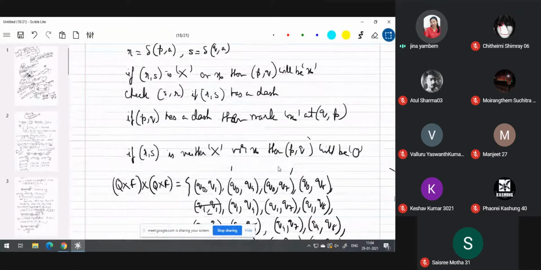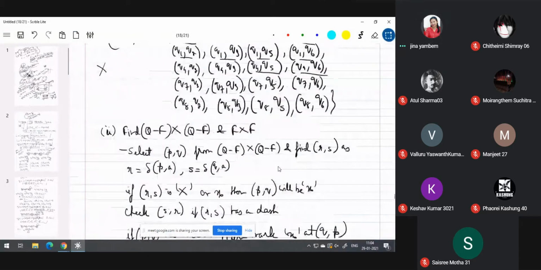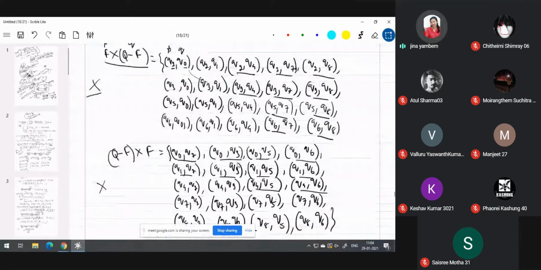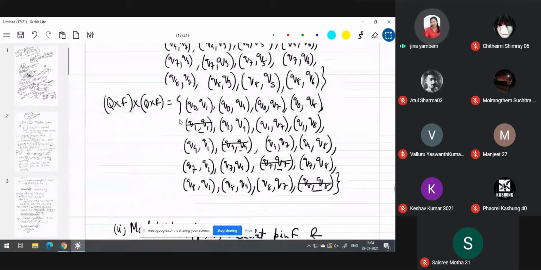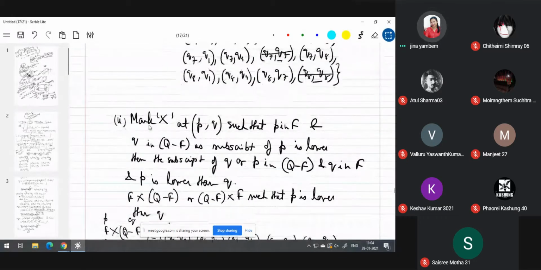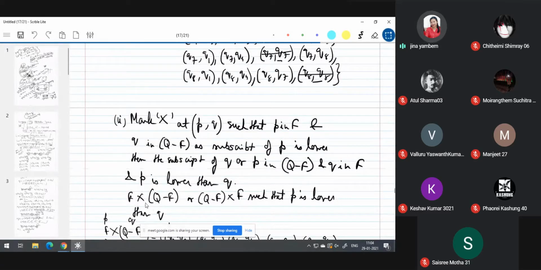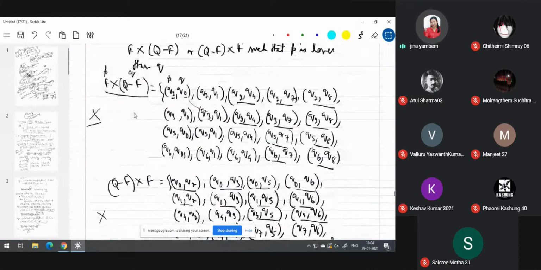Next one is, understood, right? This part. First one, step number 3, Roman number 1. In order to insert the cross symbol, we have to find Q minus F cross F and F cross Q minus F. And then from this result, we have selected the PQ pair, and correspondingly we have inserted